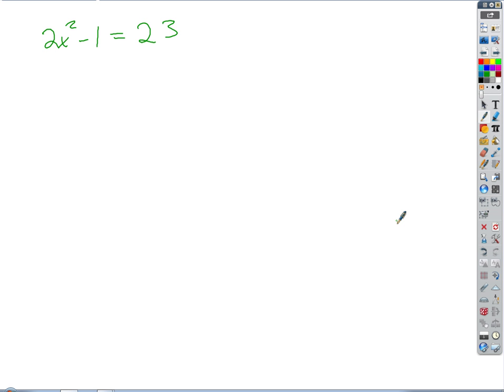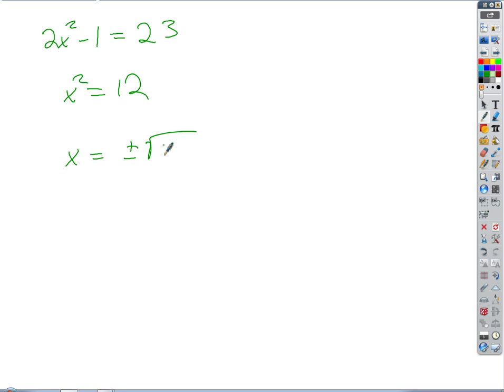Then divide by 2, and then square root. Okay, so if we do all that stuff, what are we going to get? 2x squared equals 24. Would you agree we end up with x squared equals 12? Yes. Okay, so if I square root both sides, I get x equals